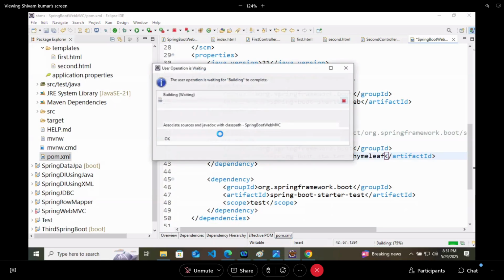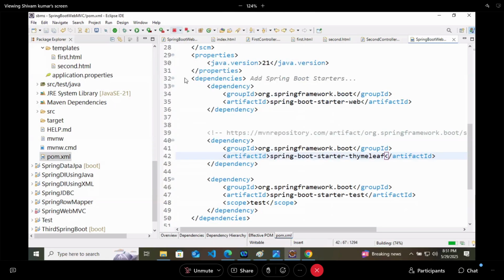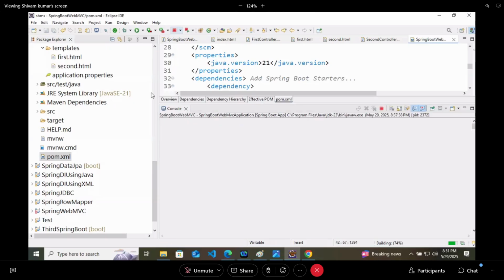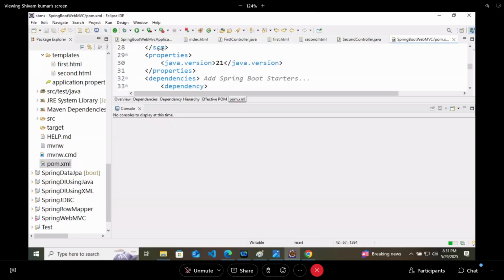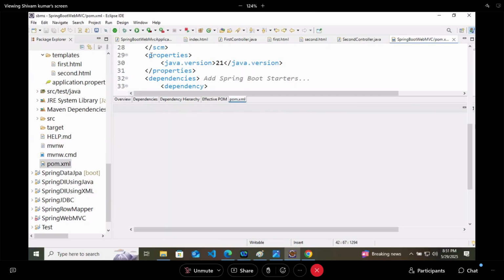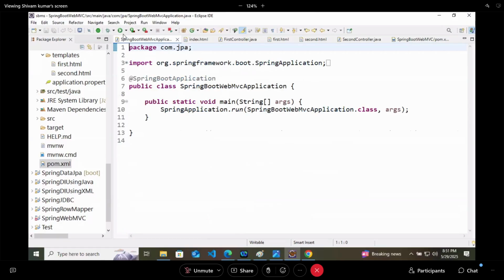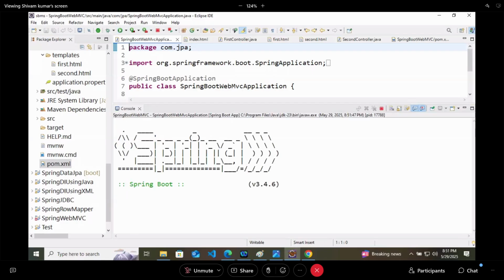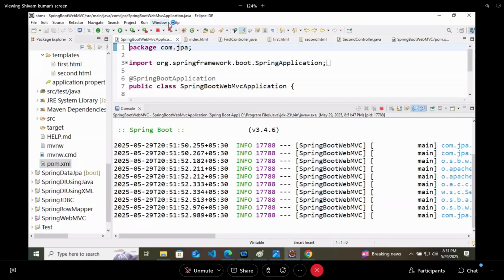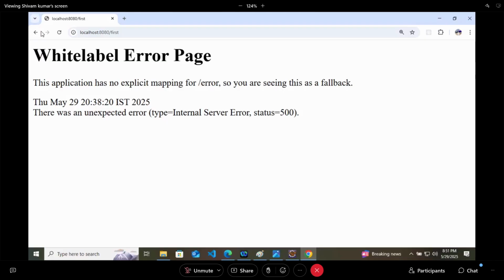Now, when I click on second, I'm not getting any error. What I'm getting is an empty page, because our second page is empty. Now let's write something inside the second.html page. I will write HTML here. Inside the head, I will write the title as second.